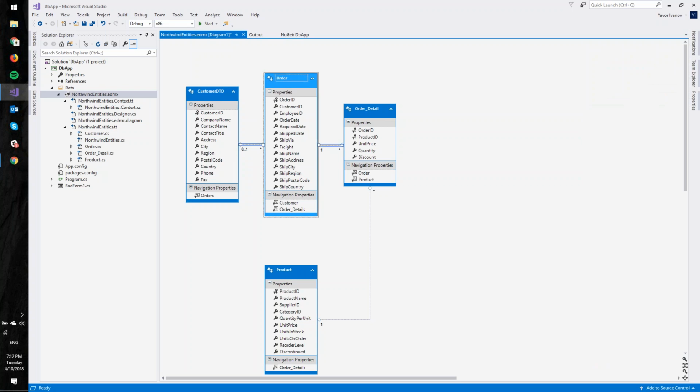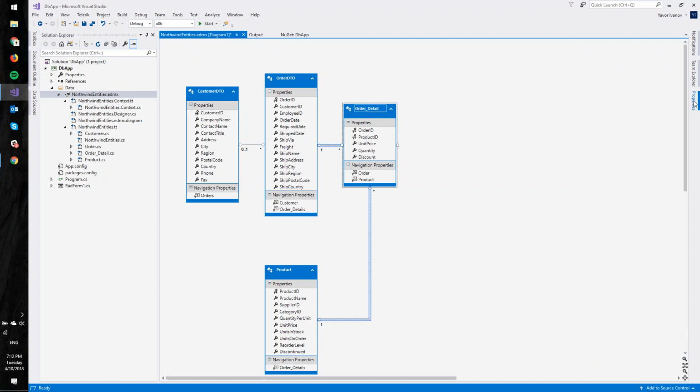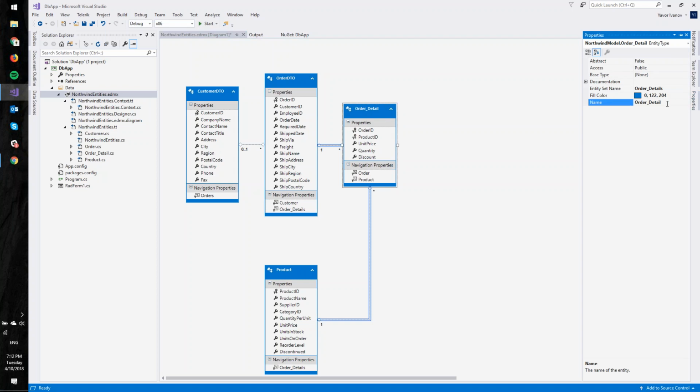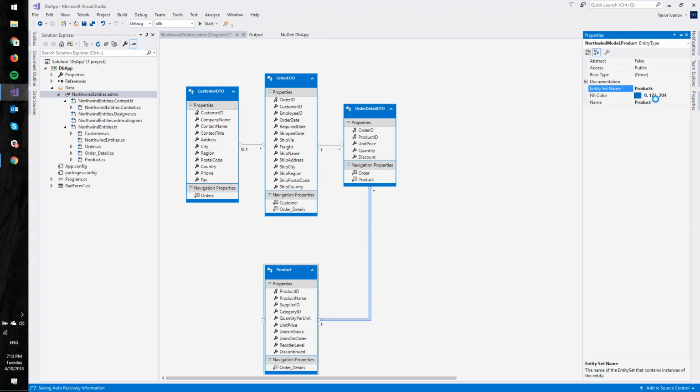Okay, next the order will be order DTO, and this will be orders. Order details will be order detail DTO,